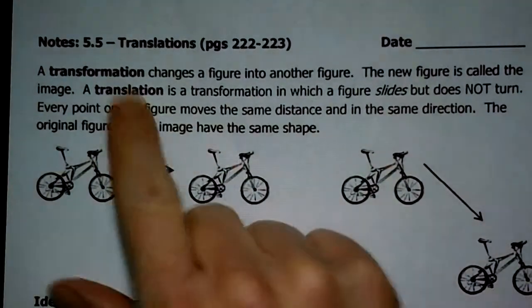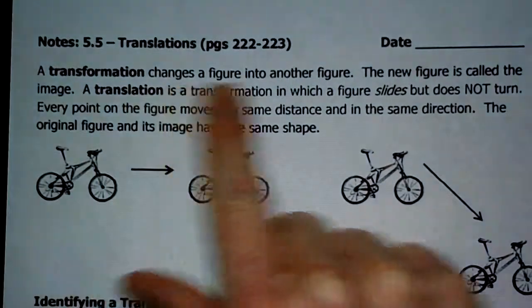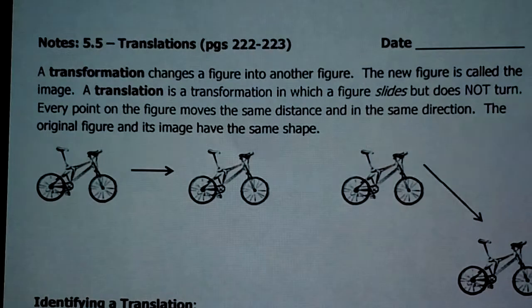A translation is a kind of transformation. A transformation basically happens when one figure changes into another figure. And there's three different types of transformations that we're going to be looking at. We're only going to look at translations today. Translations are one of the three types of transformations that can take place when one figure changes into another. The new figure is called an image,